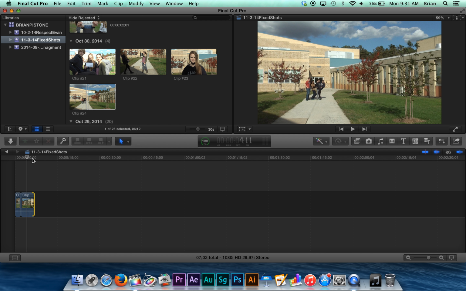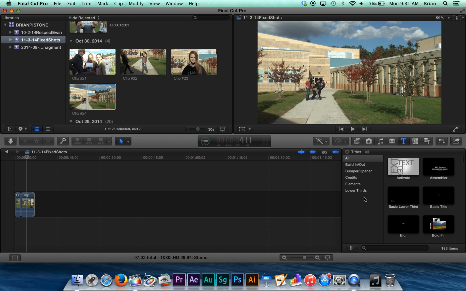Now on this 5 seconds of a shot, I'm going to put text. So to bring up text, you can click this icon here. That'll give you this kind of sidebar. Going across, you have some effects. If you wanted to import photos, if you wanted to import music from iTunes, if you wanted to put transitions between your clip, if you wanted to put text or titles above your video,